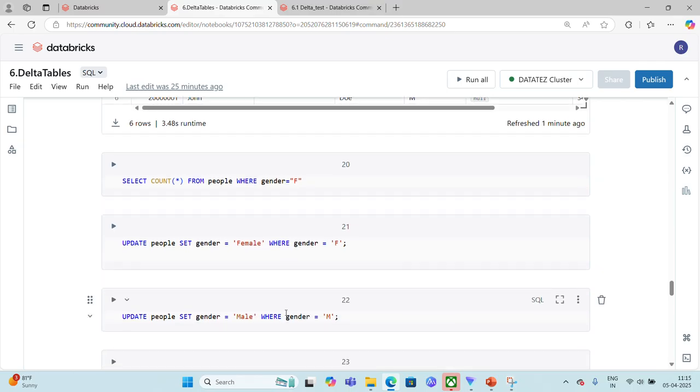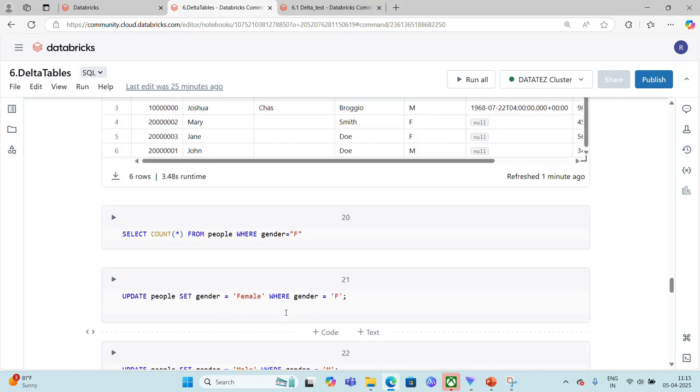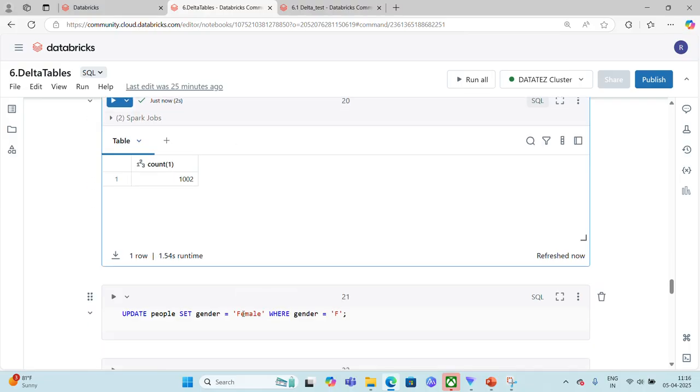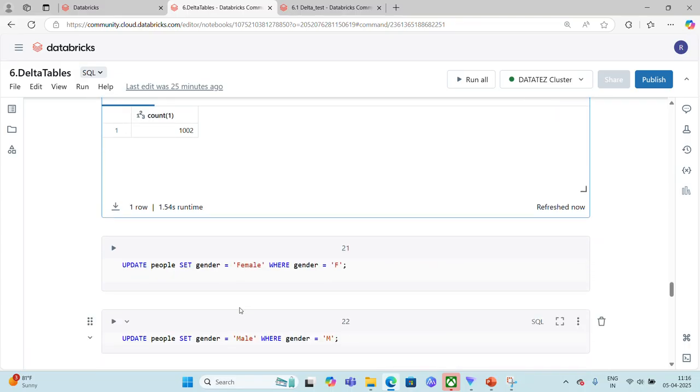Great. Okay, here is a quick check I am doing because we are about to perform update operations. I'm checking how many records there are where the gender value is F. Let us just check it. And you are seeing that there are 1002 records where the gender value is F. Let us update it. Instead of having the gender being F, I would like to have the column values as female. So update people set gender equals female where gender equals F, right? If I execute it,